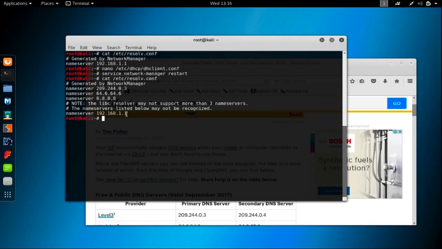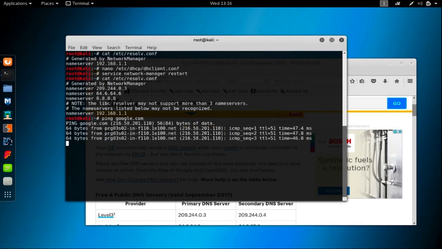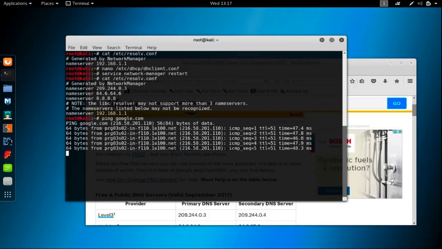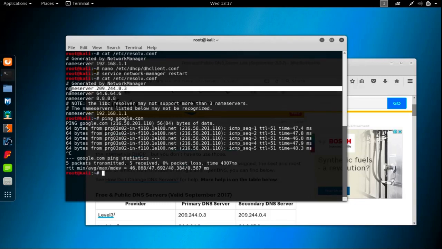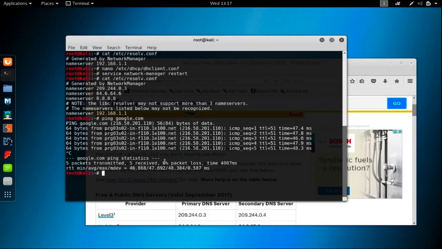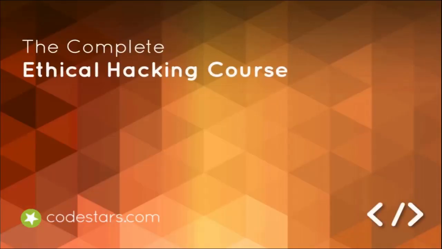And of course we have to test this to see if we really have an internet connection right now. In order to do that, I'm going to just ping google.com to see if we get a response back. As you can see, now I have a response back. So we can stop here, and within the next lecture we're going to see how to change our public IP